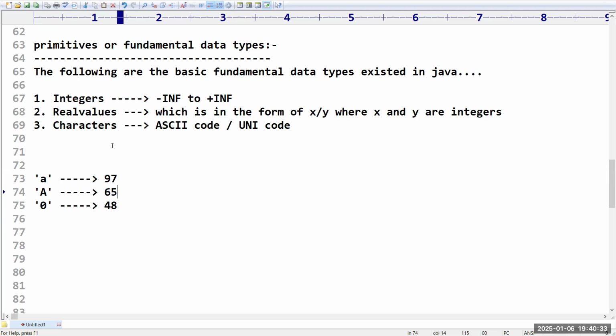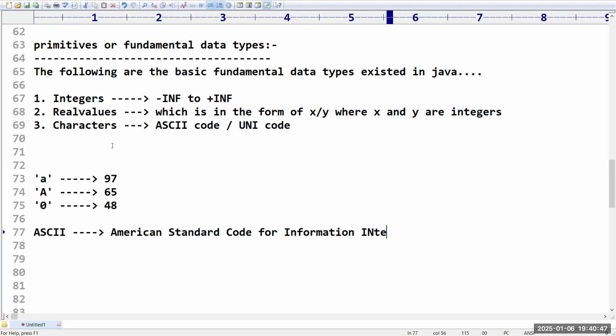Okay. So like this, some coding standards are there. What is meant by ASCII? ASCII full form is American Standard Code for Information Interchange. Unicode means universal code.